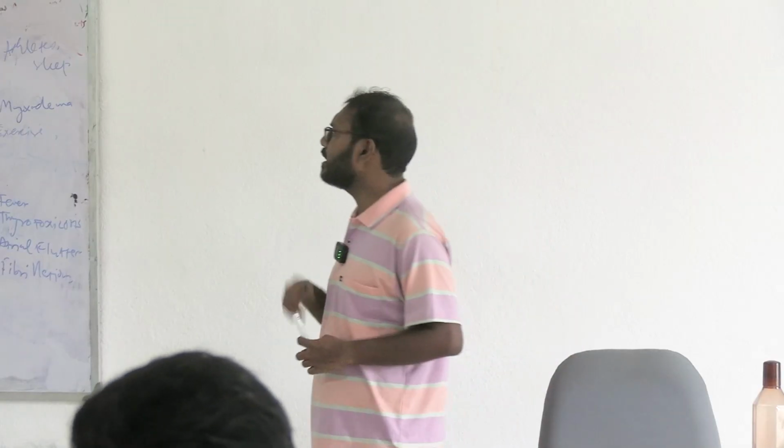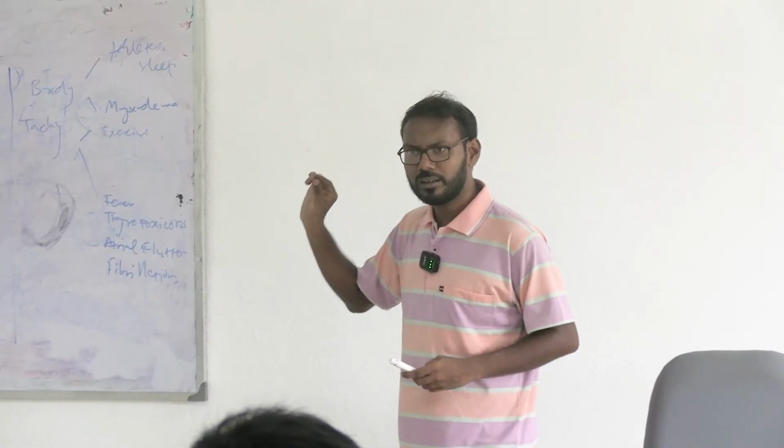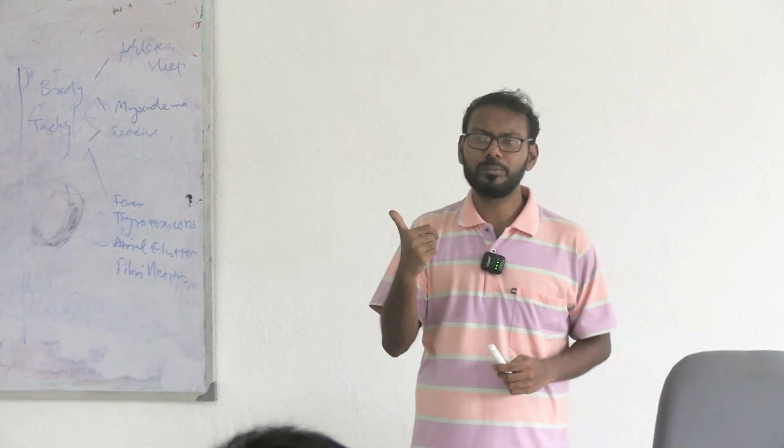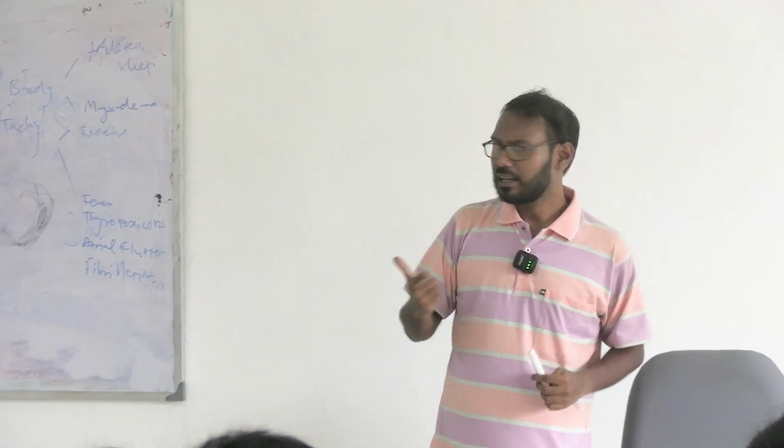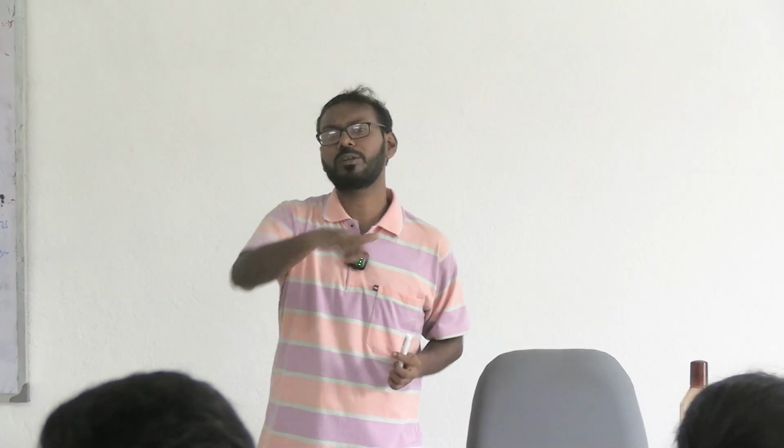So this is abnormal. Less than 60 BPM is your brady, and more than 100 is your tachy. 60 to 100 is your normal level. Whenever it's coming below 60, it's an abnormal value. It's not a normal value. You all saw it was around 60 to 90, 60 to 100, it was within that.